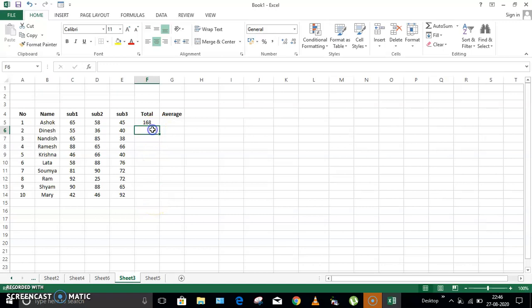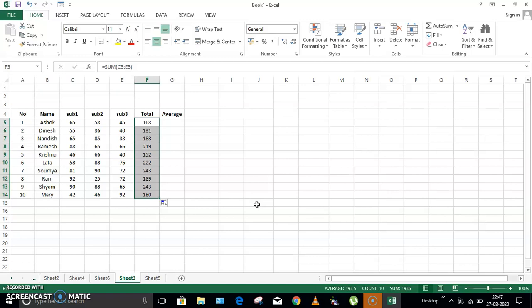Okay, so instead of typing the formula once again here, what you can do is you just click on the previous total or the sum which we have found. Take your mouse pointer over that cell. Once the pointer is turning into the plus symbol, you just drag it. Okay, as you drag, you can see that automatically the formula has been copied to the other cells also, and you are able to see the total of all the different students' subject marks whatever they have scored.